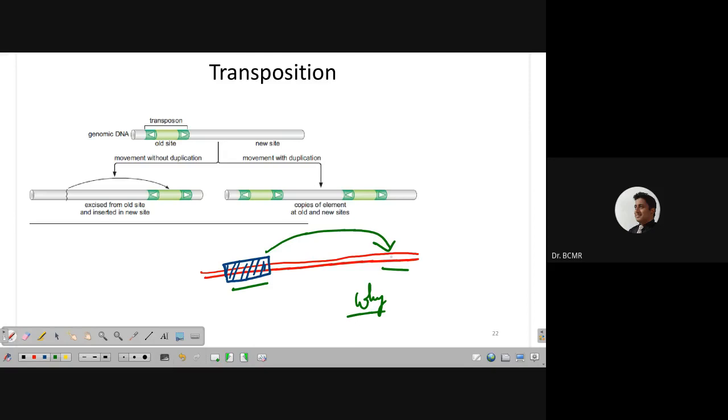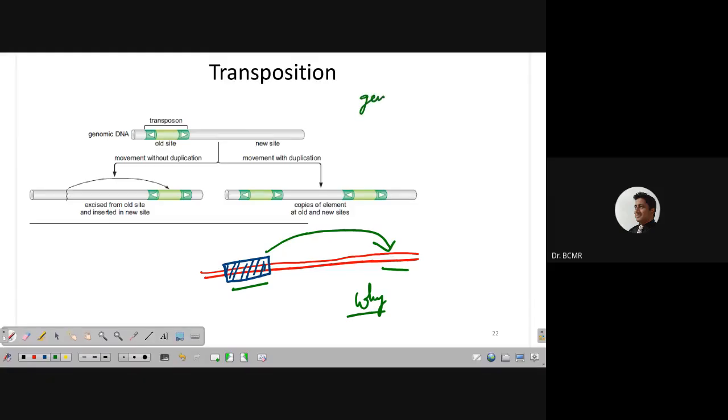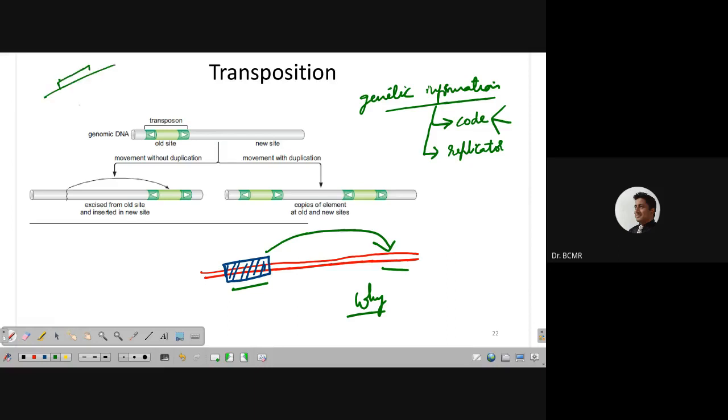As I was describing sometime about the tentative definition of what is genetic information, right? I said there are two things, if you can recollect. Genetic information has to have two important things. One is it should code for something, a RNA, a protein, or some structural thing, if required. The second thing is it should be associated with a replicator, right? It should be associated with a replicator because origin of replication is important for replication of everything else, right? If you had a gene in the cell like this, and it may give rise to a protein